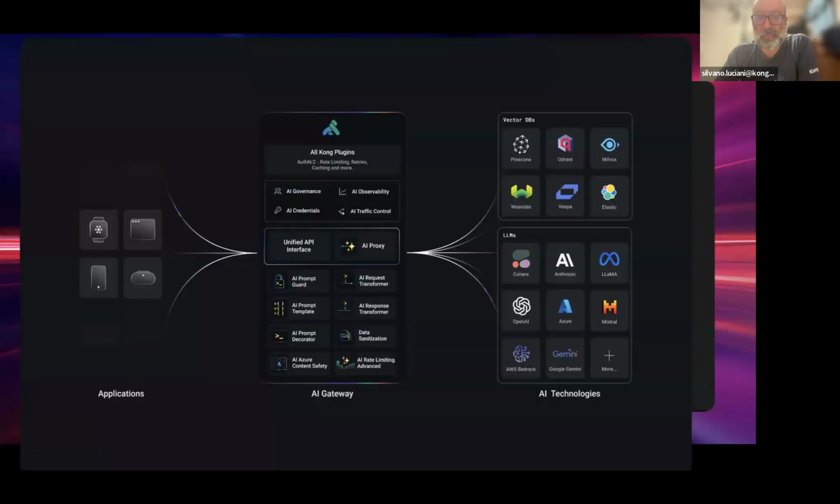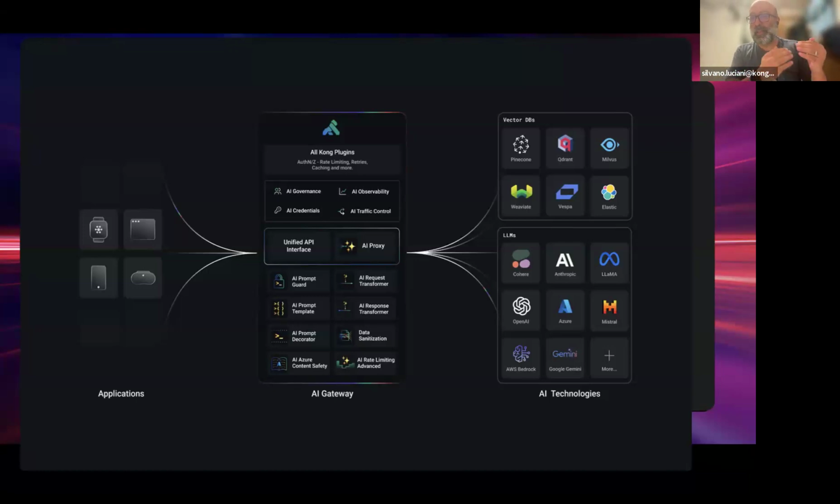So going a little bit back to our AI gateway, this is really a set of plugins in Kong. If you already know how the Kong gateway works, Kong gateway comes with a core that allows you to define the basic concepts of API routing, like services, upstreams, et cetera.